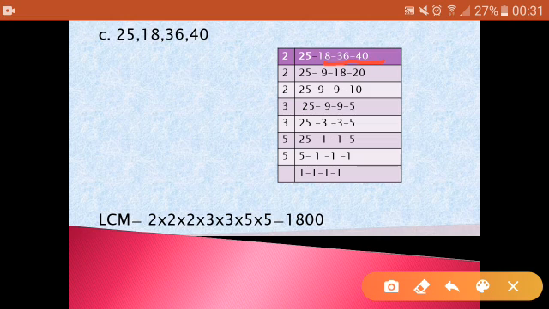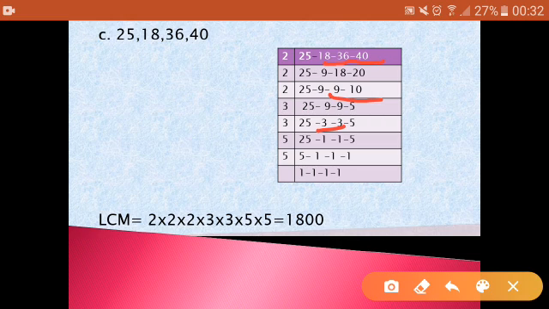Next, 18 and 20 goes in 2 times table. So we are just going to divide 18 and 20. 2 times 9 is 18 and 2 times 10 is 20. 25 and 9 remains as it is. After this, 9, 9, 5 and 25. So let's use 3. 3 is going to divide 9 and 9 only. So 3 times 3 is 9. 3 times 3 is 9. 5 and 25 remains as it is.